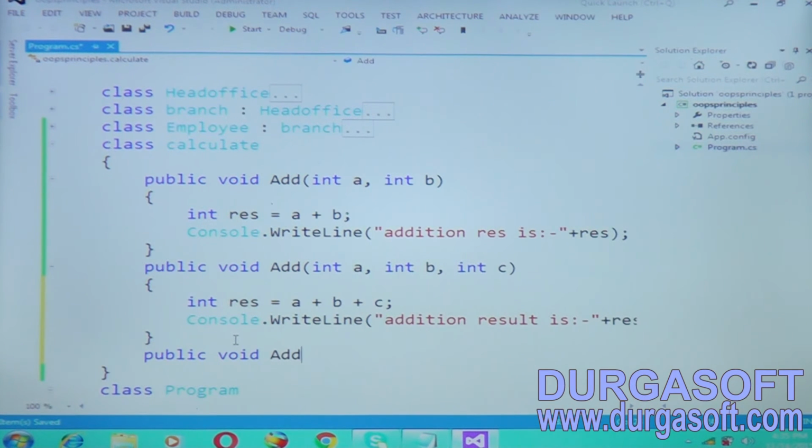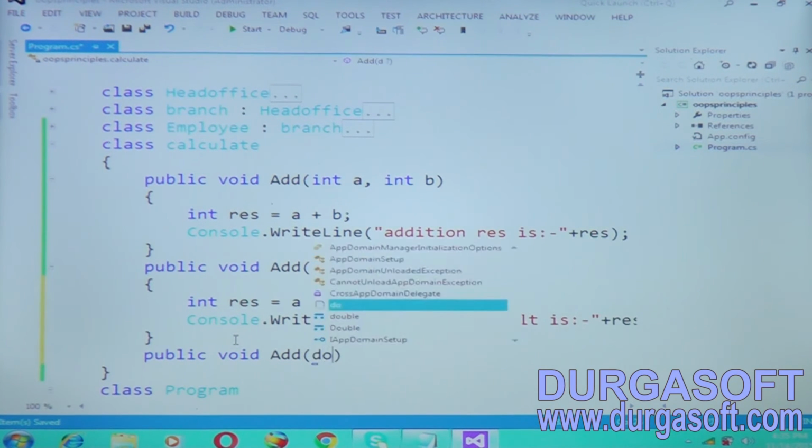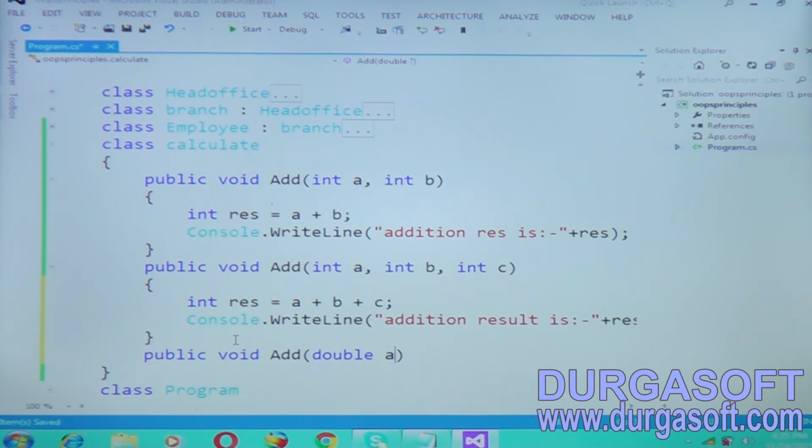This is the third method. I am changing the data types of the parameters. You can observe that I am changing the data types. That is called the type of parameters.